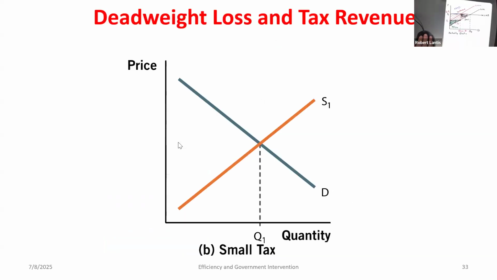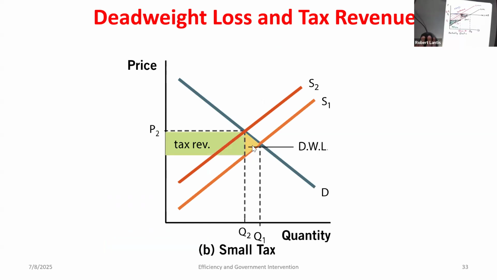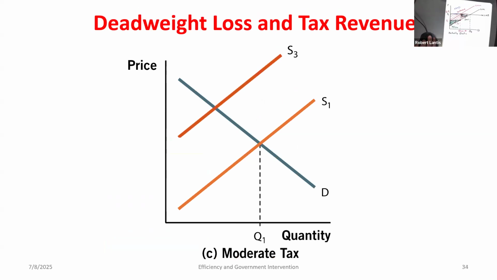So we think about a small tax, right? Even if we don't have perfectly inelastic or perfectly elastic demand, a small tax is going to generate not a lot of deadweight loss and a decent amount of tax revenue. If I increase the tax, yes, I can get more tax revenue, but I'm also going to get more deadweight loss. And then if I continue to make the tax even larger,